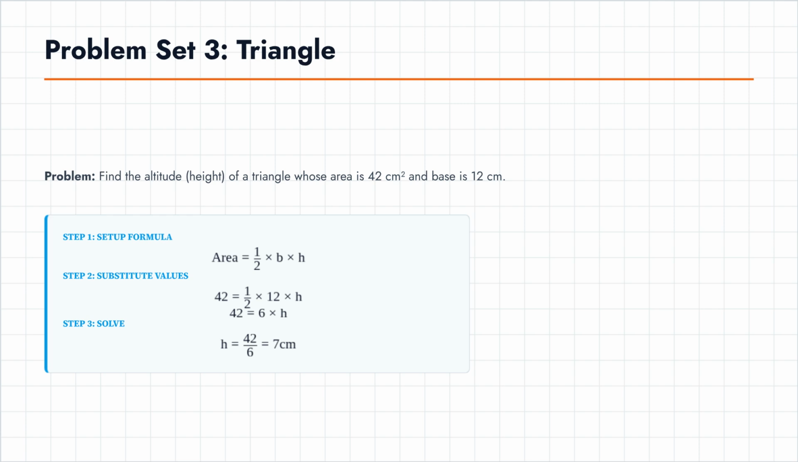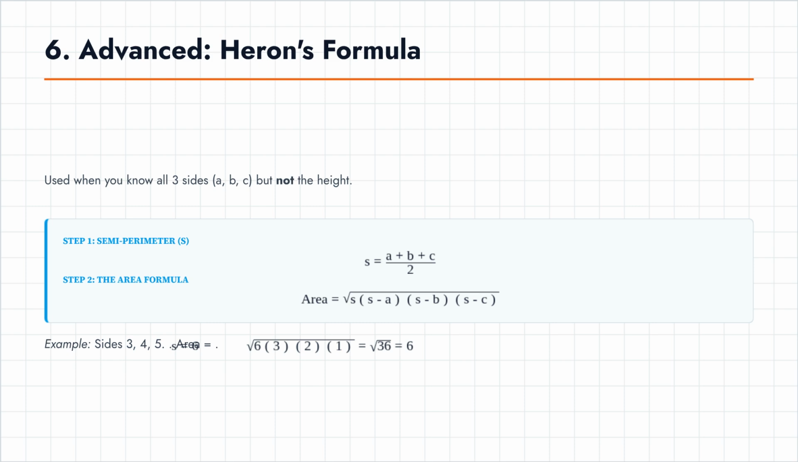Problem set 3 asks for the altitude of a triangle with an area of 42 square centimeters and a base of 12 centimeters. By setting up the formula, substituting the values, and solving for height, we find the altitude is 7 centimeters. For advanced calculations, Heron's formula is used when all 3 side lengths of a triangle are known, but